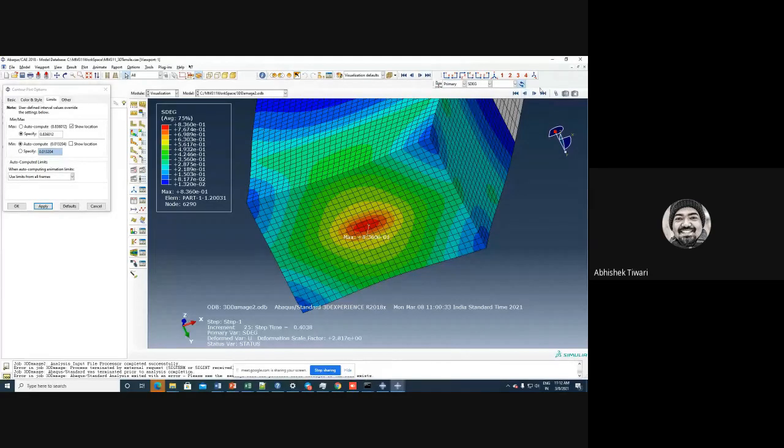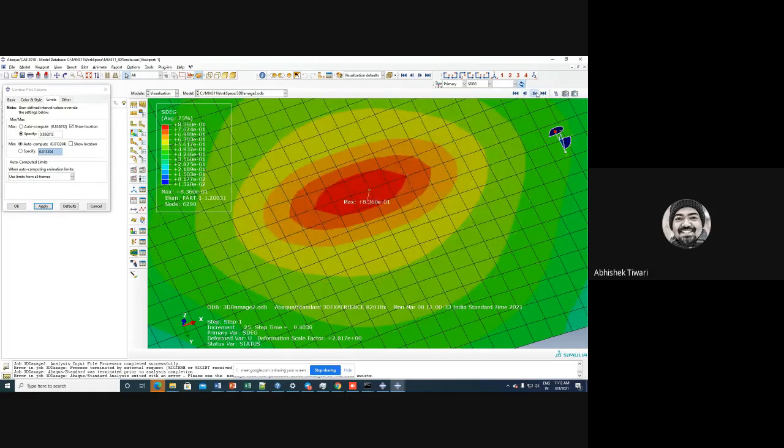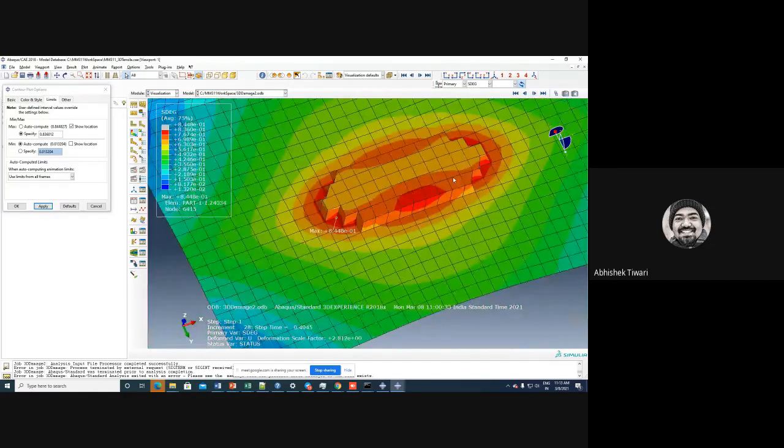So you see, as soon as it reaches 0.9 in the integration point, so the values which you see are at the nodes, okay? And node values are interpolated from the Gaussian points, which we have discussed. So the value might be a little higher here, and might have gone beyond 0.9. As soon as it reaches higher than 0.9, the element will be deleted. So it happens instantly in the 4 elements, and these 1, 2, 3, 4, 5 elements are deleted, and this keeps on deleting the elements.